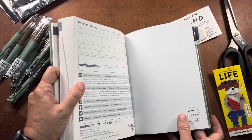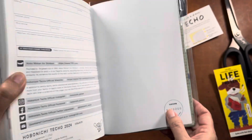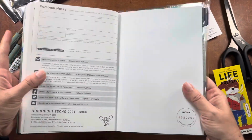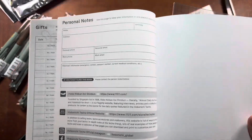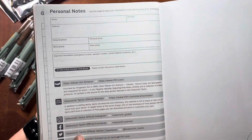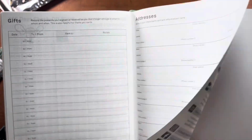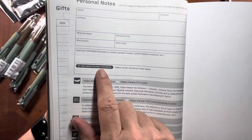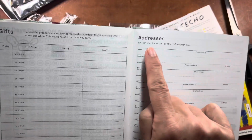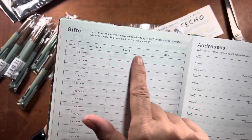Each book has its own serial number in the back. Just makes it a little extra special. Love the details. And I'm curious about the back pages for this year. Sometimes they get changed up over the years. So we've got a personal notes page as the last page that has contact info. And then if you have found this book, you've got one page for addresses, a gifts page that you can mark to or from,